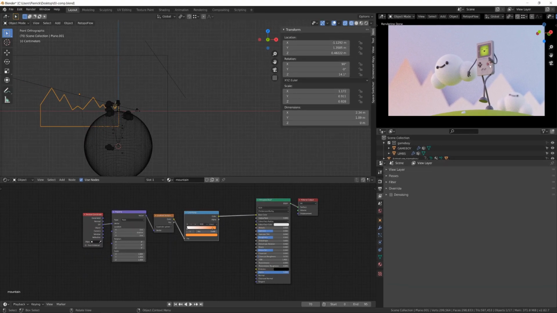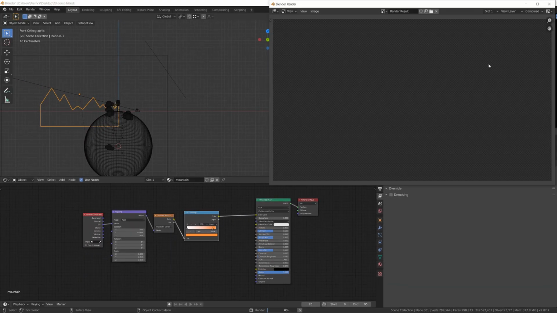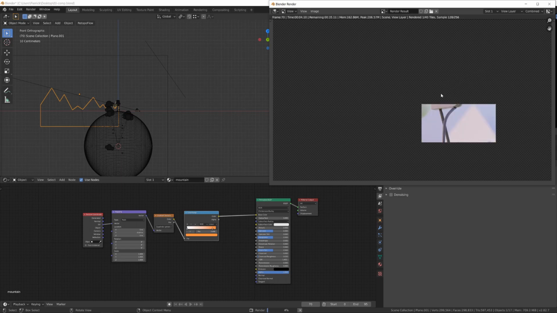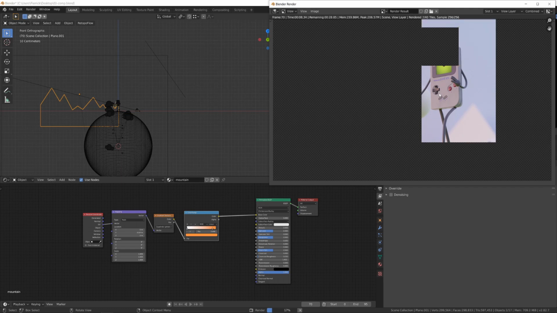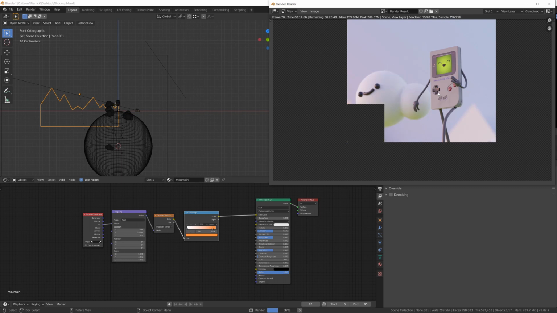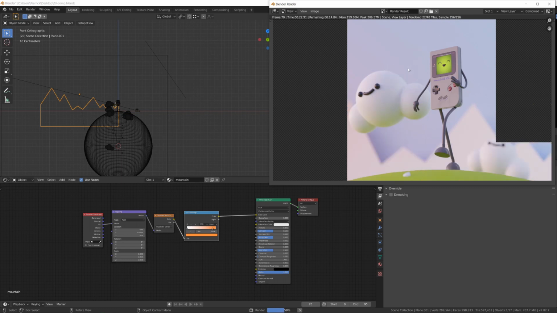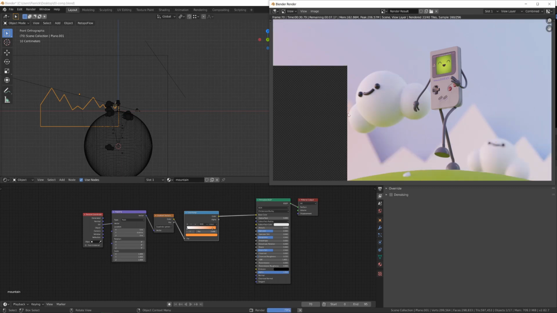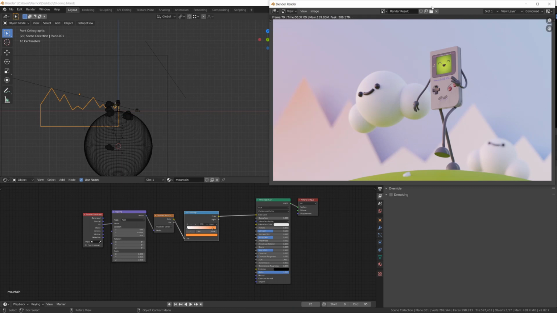From there, since we have already set up our samples to 256, I will just press F12 to launch the render. If you have a decent GPU, it should take just a few minutes. Once the render is done, I will close the rendering tab and I will open a compositing tab instead